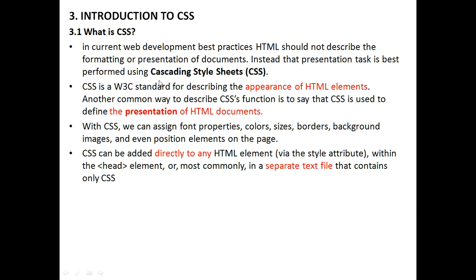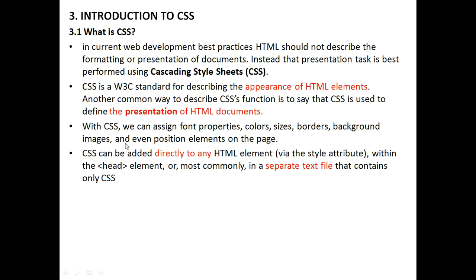That is the main reason. These are the keywords you have to write when you are writing about CSS. The appearance of HTML and the presentation of HTML can be done by using CSS. With CSS, we can assign font properties, color, size, border, background images, and even position elements on the pages.